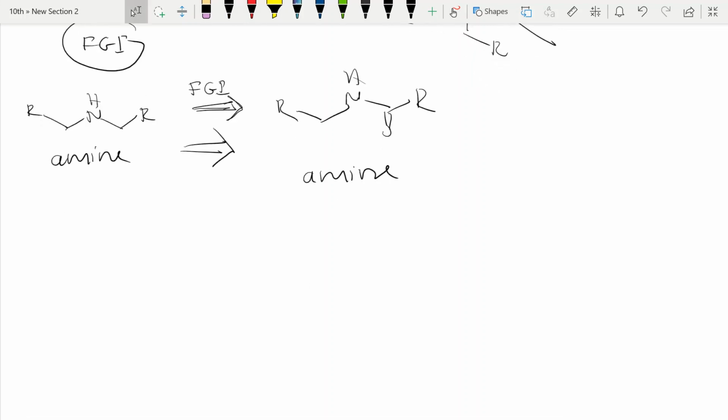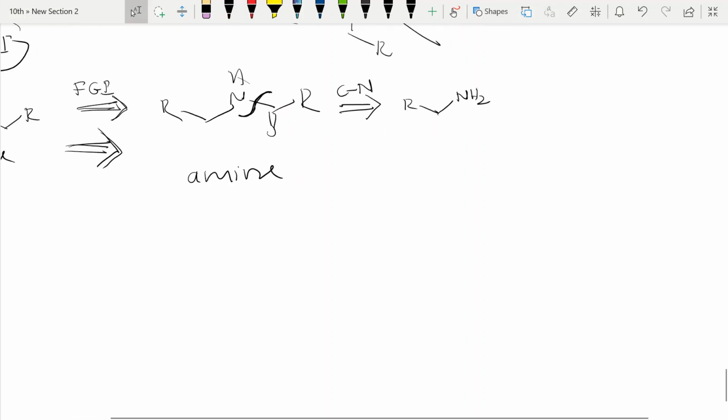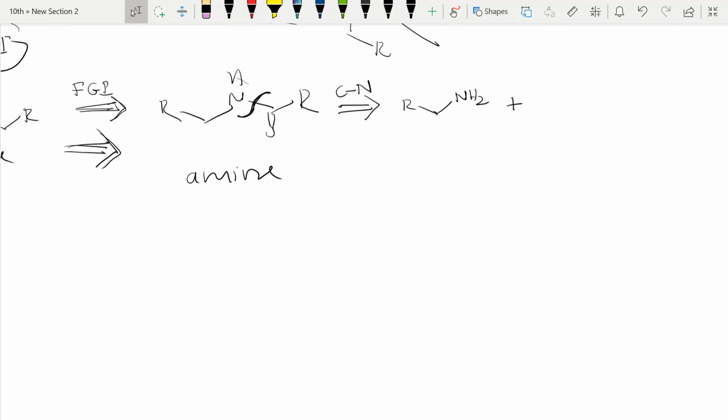But for the time being, just for the moment you understand, I converted amine to amide and I call it functional group interconversion, right? Further, I will break this C-N bond, heteroatom and carbon bond, easily broken. So I'll show this retrosynthetic arrow and I will write C-N, meaning the C-N bond I am going to break. So I will directly write the reagent NH2. I have told we can directly write the reagent, or we can also write this